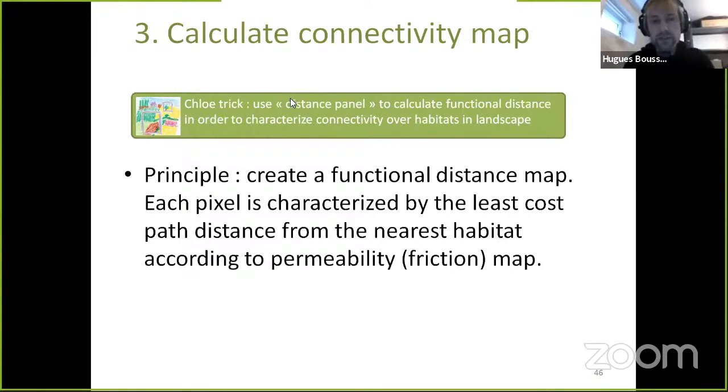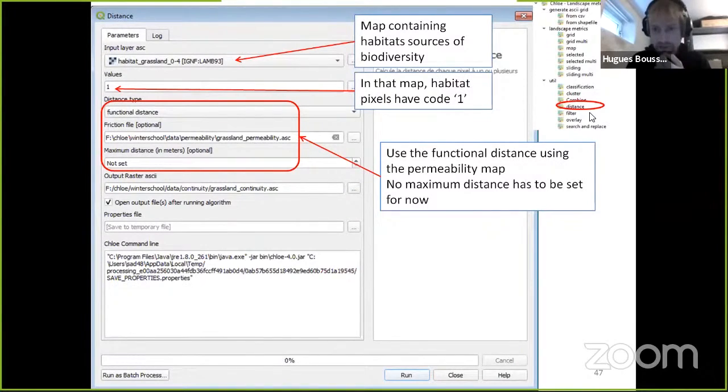The trick is to use a distance panel to do that, in order to calculate a functional distance, in order to characterize connectivity over habitats in the landscape. The principle is to create a functional distance map, where each pixel of the output raster is characterized by the least cost path distance from the nearest habitat according to the permeability or friction map. So to do that, choose here the distance panel. This time don't use Zeta, but use the habitat we calculated before. Here you have to put the value of habitat that is in this map. I said one value, so it's 1. And here in distance type, don't use Euclidean distance, but functional distance to take into account